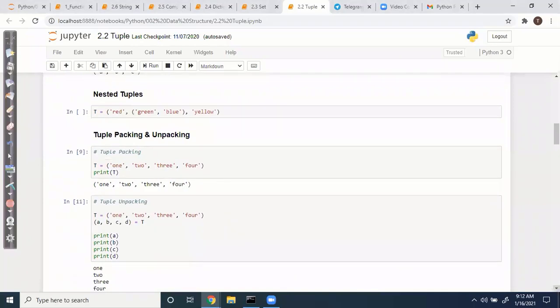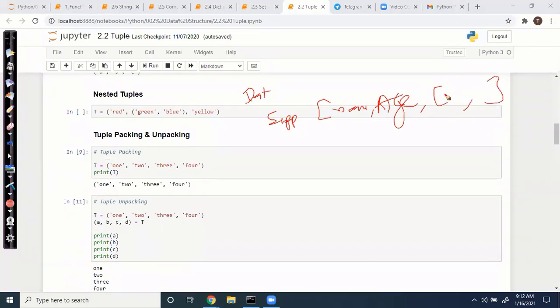Nested tuples: if you have tuples more than once, you have some data like this. Employees data, where an employee has more than one phone number. So you have the employee name, age, and here you have another object, mail id: office mail id, personal mail id. This one is a tuple of tuples. It comes like this. In some scenarios we can use this.